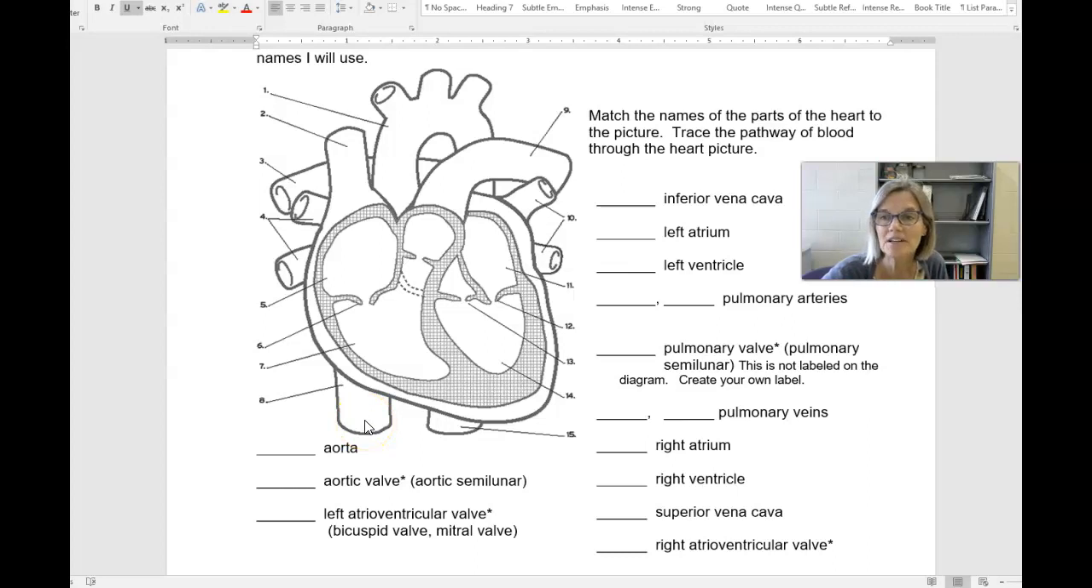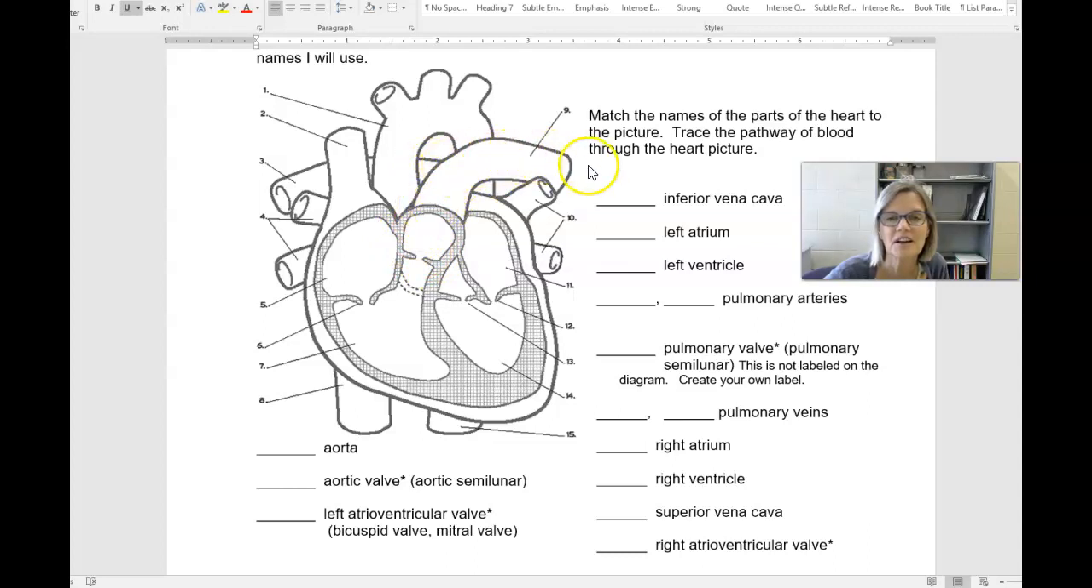So I can point to the things and see if you can do it. This is kind of, I'll slow down and give you a chance to say the words out loud. Okay, deoxygenated blood comes into the heart through the inferior and superior vena cava, into the right atrium, through the tricuspid valve, into the right ventricle, and out the pulmonary semilunar valve to the